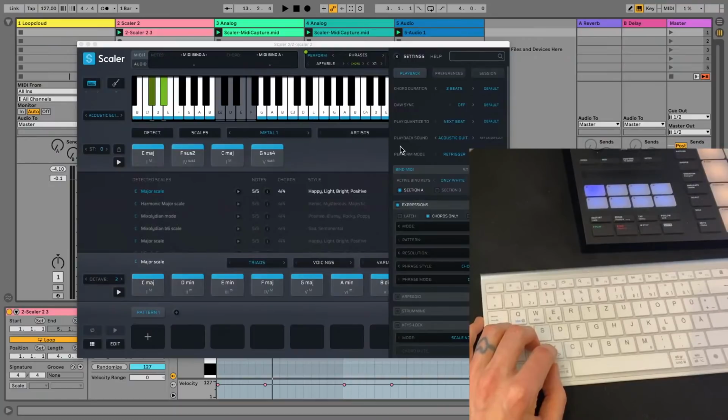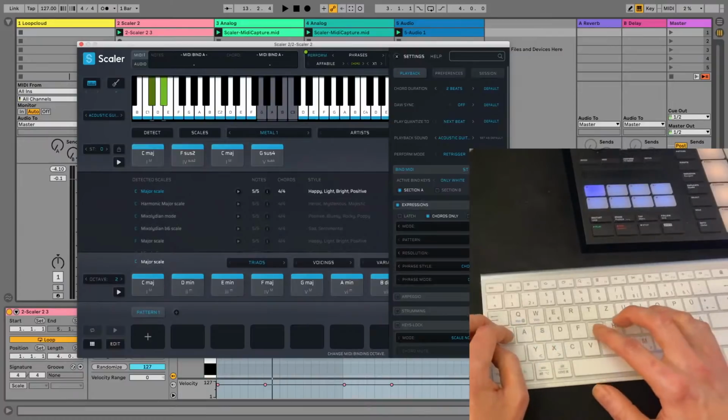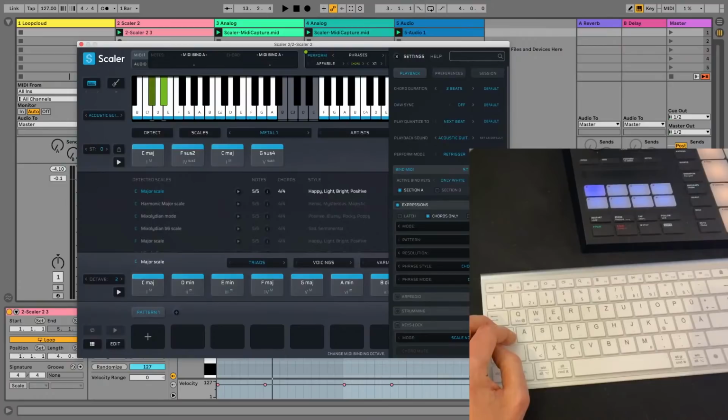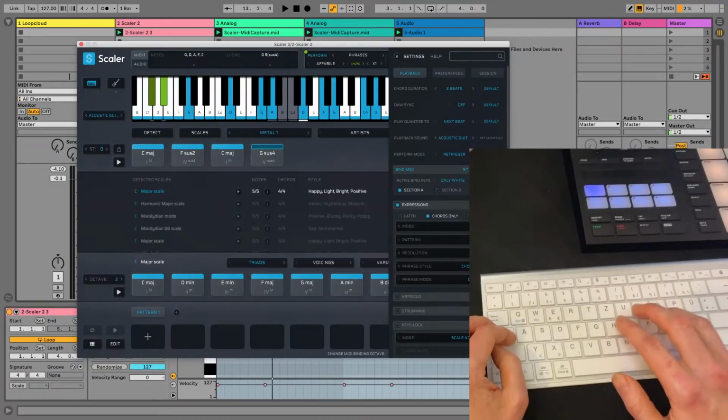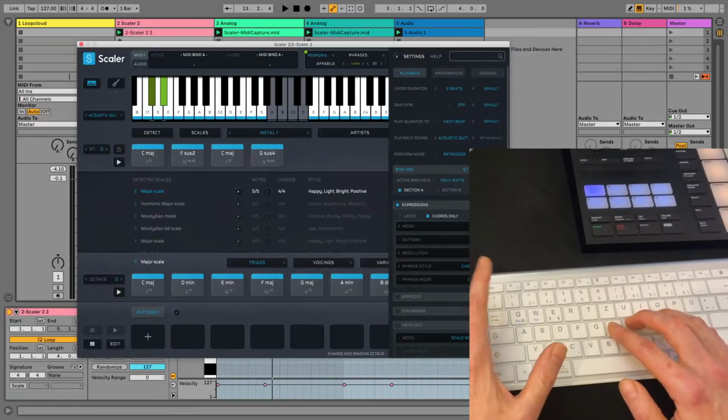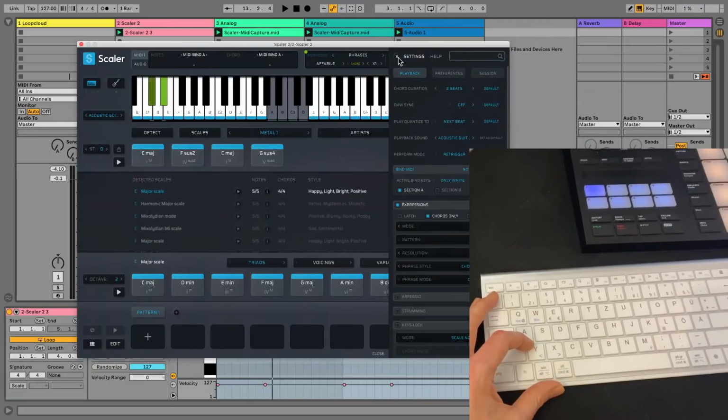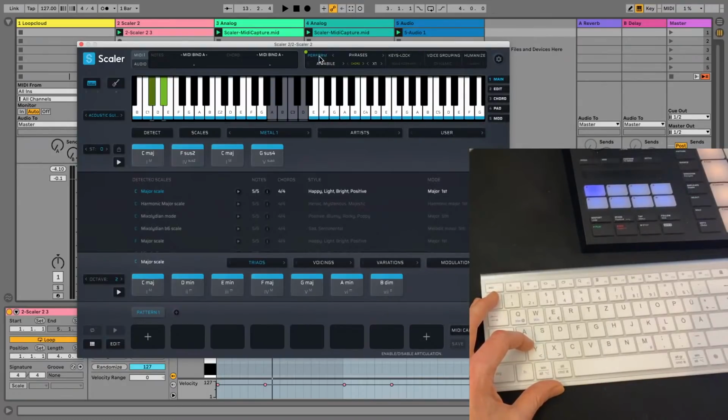So the way I would do that is by using the semitone shift here. Go to semitone, and you can just shift it up to wherever you like. So we can have it maybe going from G, maybe H. Now we've moved up nicely to the other area of the keyboard. And then we just have to map our performance modes to whatever keys we want.